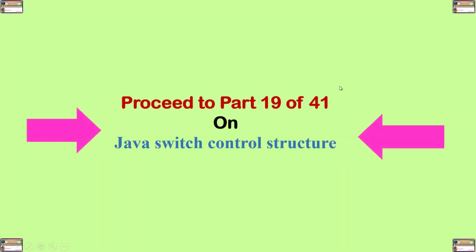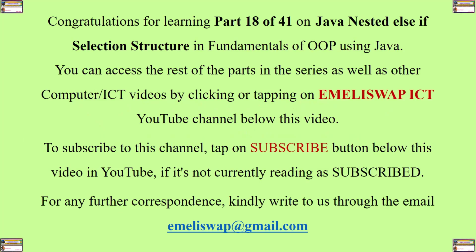And with that, my dear students and the rest of the learners, we have come to the end of part 18 of the series. You can now proceed and listen as well as watch part 19 of the series, in which you are going to learn about the Java switch control structure. So congratulations for learning part 18 of part 1 on Java nested else if selection structure in fundamentals of object-oriented